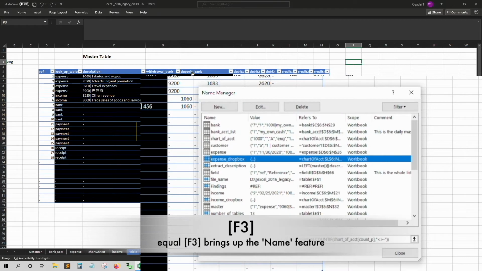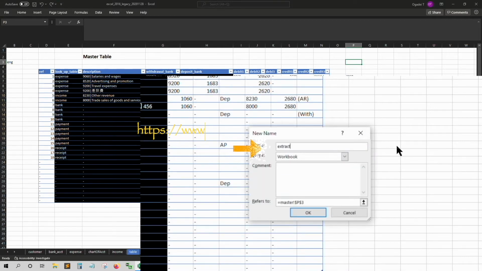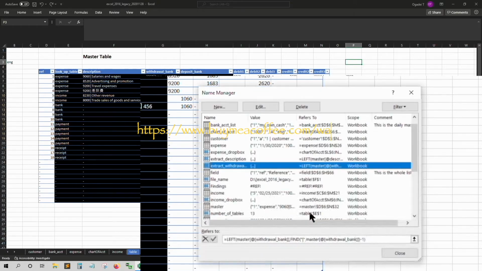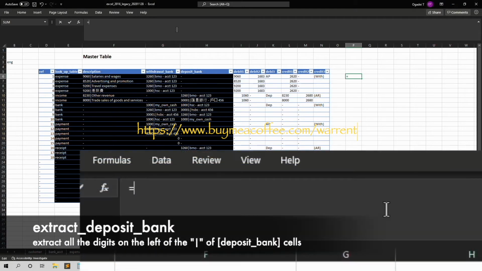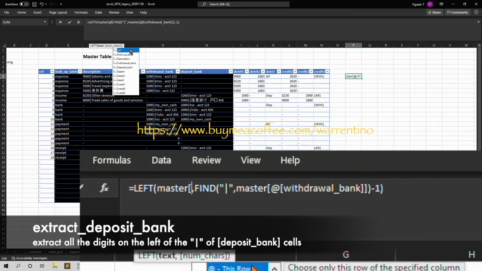Press Control F3 to bring up the name manager and paste the formula under the name extract withdrawal bank. Next, we change the extract withdrawal bank a bit for the extract deposit bank name.